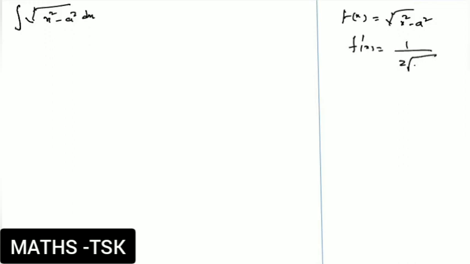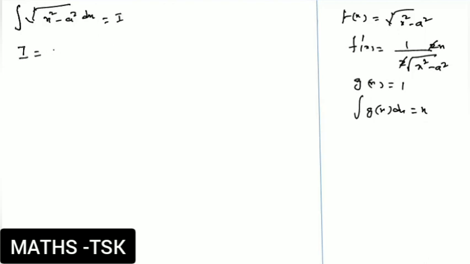Similarly, we can do the problem for this, integration of root of x square minus a square into dx. You consider f of x, right? f of x is equal to root of x square minus a square. f dash of x is 1 by 2 into root of x square minus a square into 2x. The 2 gets cancelled. g of x is 1, and then integration of g of x dx is x. If you consider this as I,